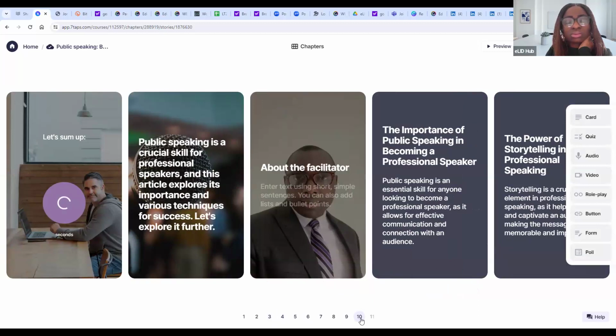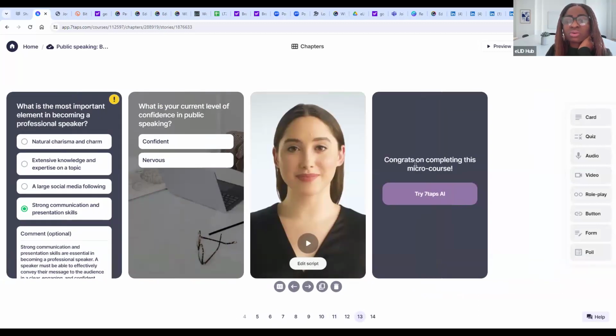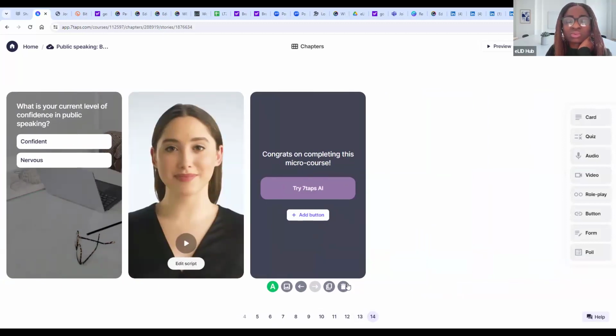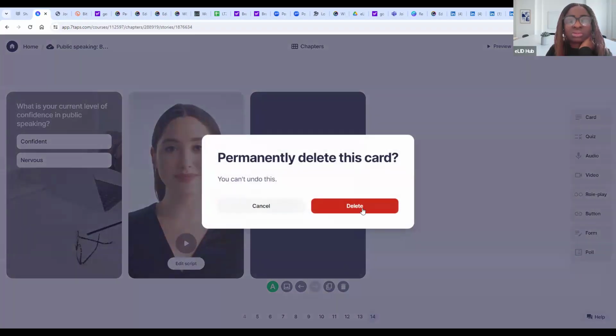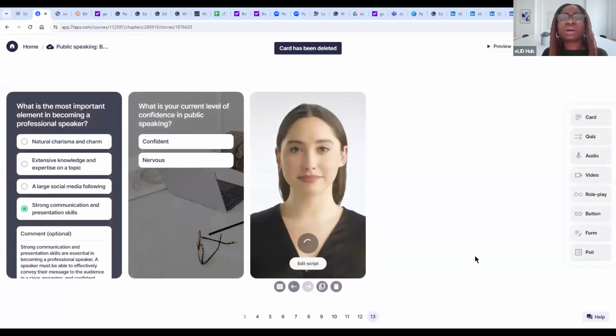Okay, so that's the end of the course. Congratulations on completing this micro course. This is from 7 Taps. You can delete this one, it's not part of your course. So this is how the course ends. So I'm going to stop sharing and have Olama